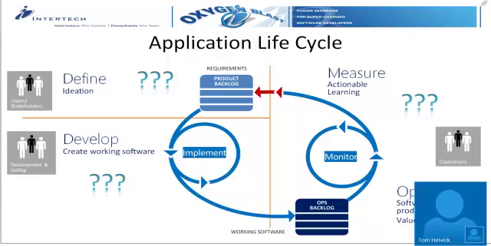From the developer's perspective, creating working software, once it's in the happy confines of my development environment, I can debug it. I can look and see what's happening. I can write messages out to a file and that may or may not actually go into production, but it works on my box. So how can I get that same information into a server? How can I find out how it's really working on the server?